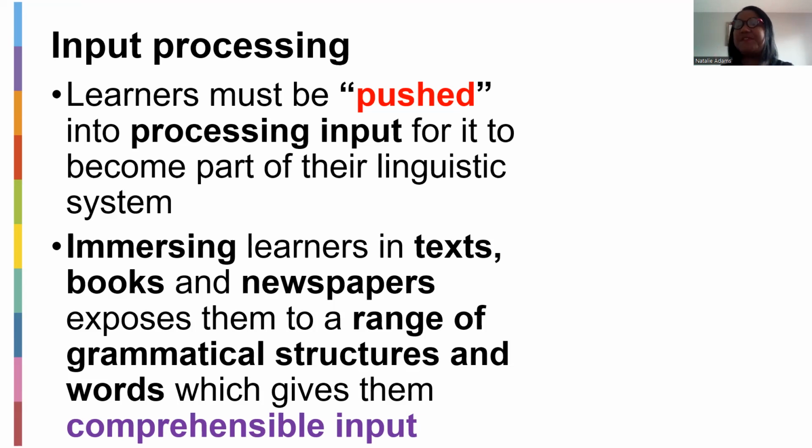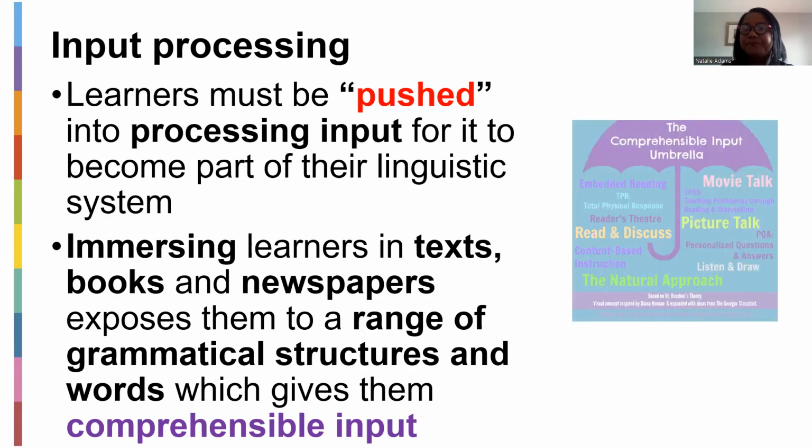I love the word immersing because it really explains the importance of these texts and books and newspapers, because this is what they are going to have to deal with in their day-to-day world, whether it's in the schooling system, with other subjects, or in their career. They are not just going to have to know the grammar rules, but they must be able to apply them. How are they going to learn the rules via text? And then they will be able to apply it differently. And remember, texts are broad. I mean, you can use anything basically.